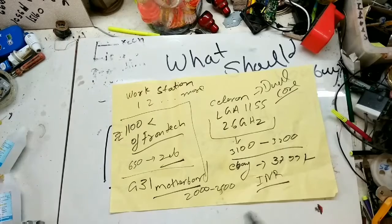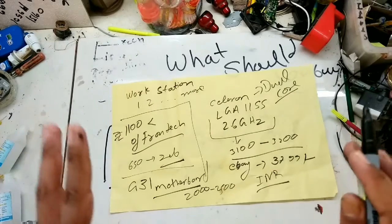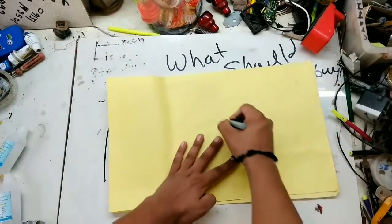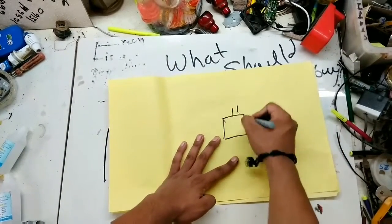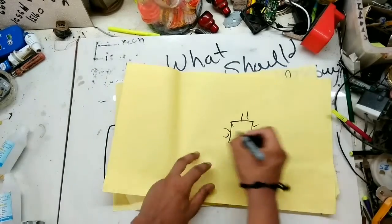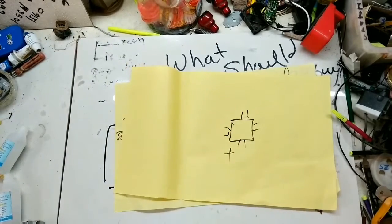Now, there are a lot of flaws in Celeron: you cannot run any kind of thing on it. For example, if you want to play Call of Duty on a Celeron, you should not. It will be a complete burnout for your computer. Let me draw a sketchy diagram. Suppose you have a Celeron inside, so you can compare it with a GPU